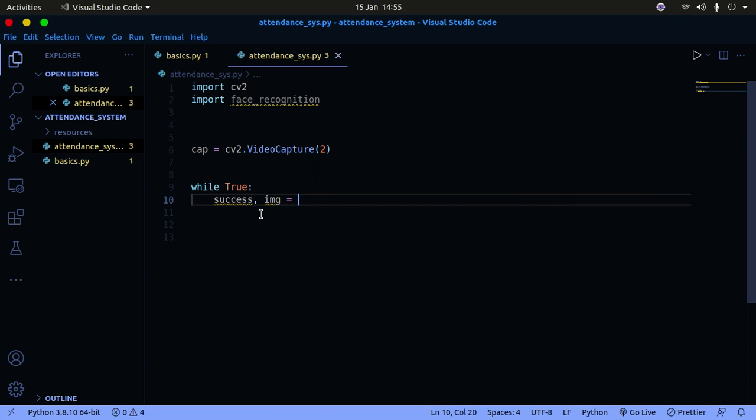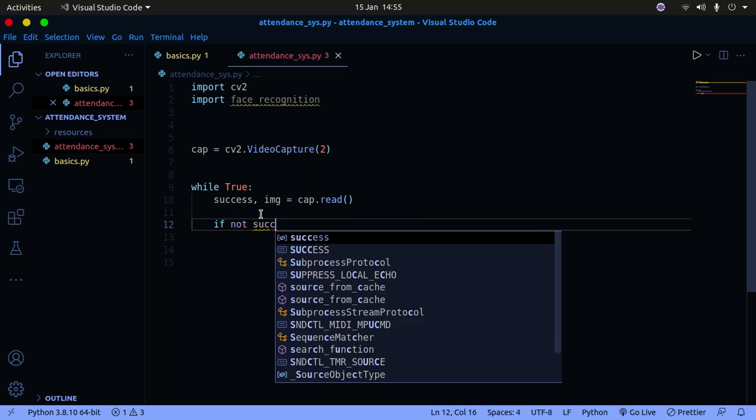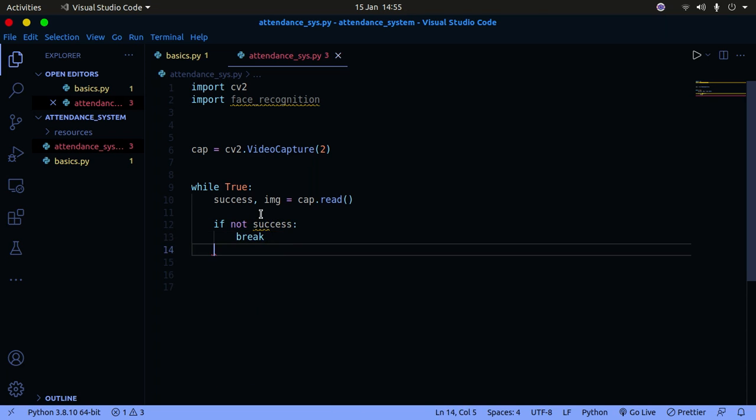So now I'm going to get success, image, and this is going to be cap.read, just like that. So this is going to read the image, it's going to read the webcam, and it's going to return to us success in case it has been able to read the webcam, and false in case it failed to read the webcam. So we're going to check if not success, then you want to break. Else, what we're going to do,